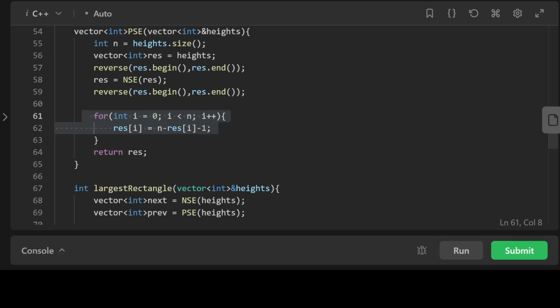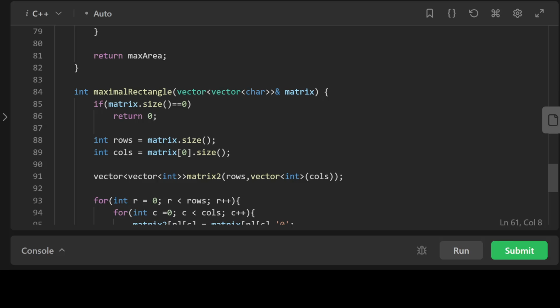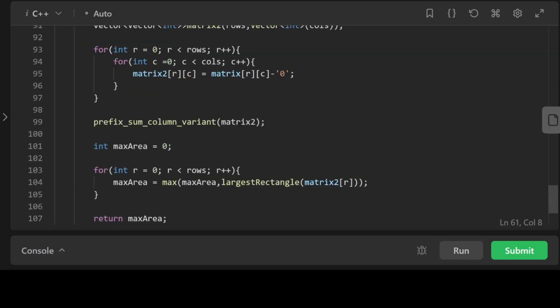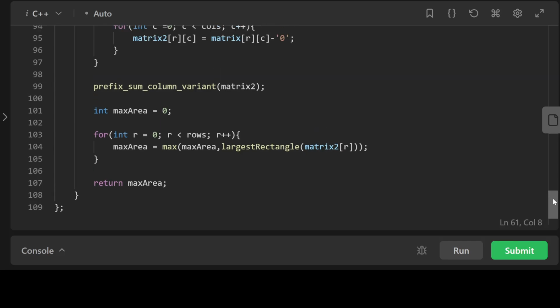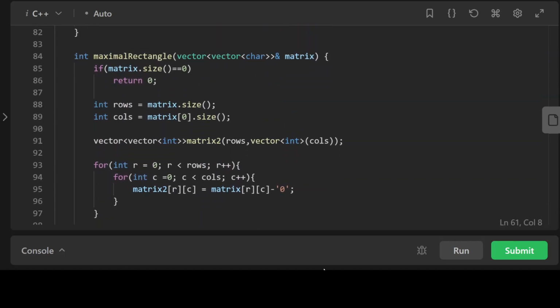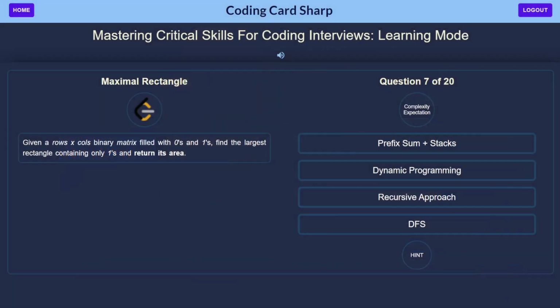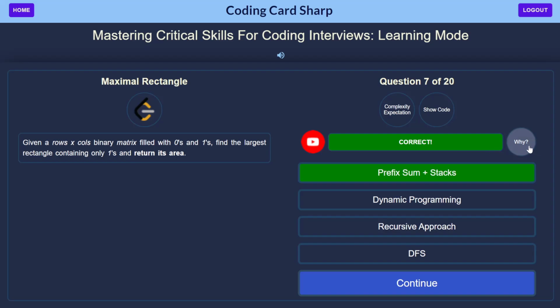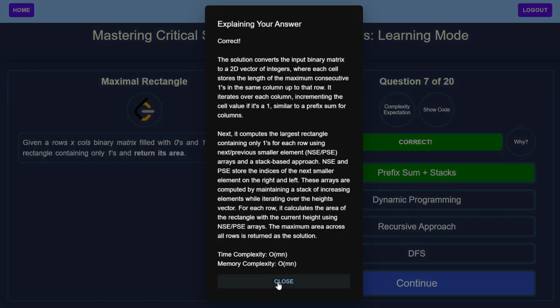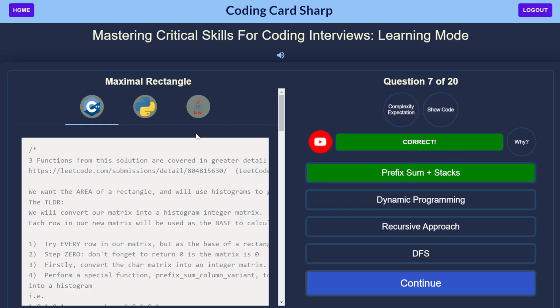Okay, so that's all of the functions explained, although I do think this is one of the most difficult problems in the course, and I would recommend checking out the Udemy course at all costs if you're really struggling to get this after 3 attempts. Anyway, I hope that I've helped point you in the right direction method-wise. So if you're asked about this, you should be able to explain that you can use a monotonic stack algorithm with prefix sum to help solve maximal rectangle. We've provided an explanation here, as well as some code in C++,